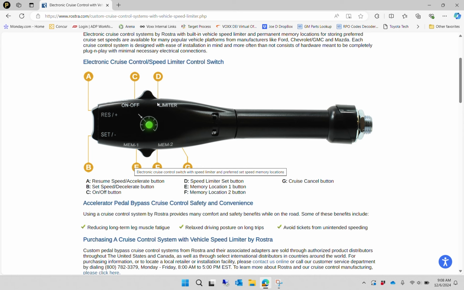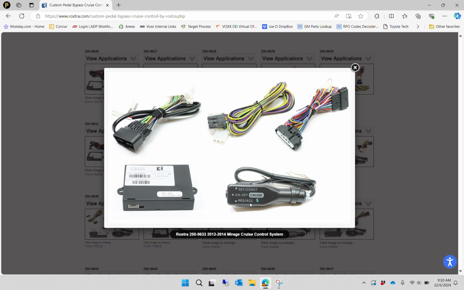One of the great things about these drive-by-wire cruise controls is that the installation is very easy. So you can see here on this 9633, we are tapping into the accelerator pedal with a T-harness. We're tapping into the vehicle power and CAN with a T-harness. And then we have an extension harness going up to the cruise control switch. So once you mount the switch on the column, the rest of the install is 100% plug and play on